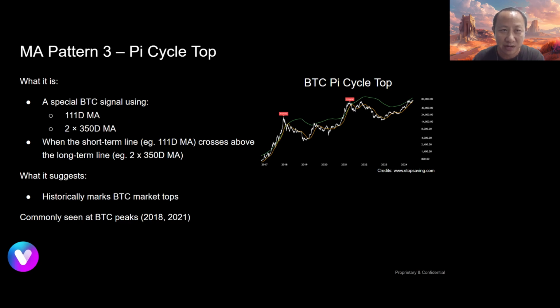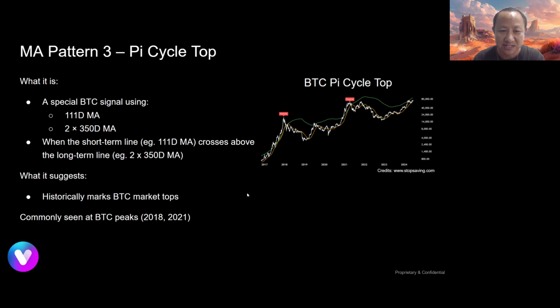All right, moving on to our third moving average pattern. This is the Pi Cycle Top. This is a very special BTC signal, and it uses, again, two moving averages: the 111-day moving average together with the 350-day moving average multiplied by 2. All right, so you can see two lines here, the one in green and the one in orange. So those are the short-term and long-term lines. So when the short-term line, the 111-day moving average in orange, crosses above the long-term line, the 350-day moving average multiplied